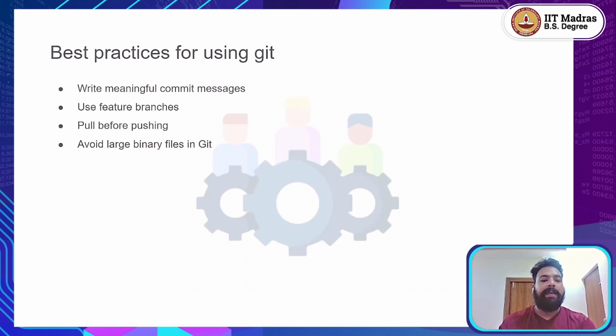So to recap, these best practices in a nutshell: write clear commit messages, use branches for individual tasks, pull before pushing, avoid tracking heavy files in Git, and push your changes regularly. These habits will not only keep your Git history clean, but also make you a more reliable and professional developer. And your teammates will thank you for it,